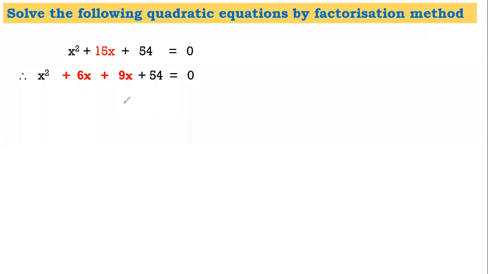Okay. Now, students, the next step is to form groups and take common. So the first group is the first two terms, and the second is the last two. Now for students who know how to find out common, great, you can just fast forward the video. And students who find it difficult, or who sometimes get it and sometimes don't, listen to this very carefully. Always do it. It will take a minute or two extra.